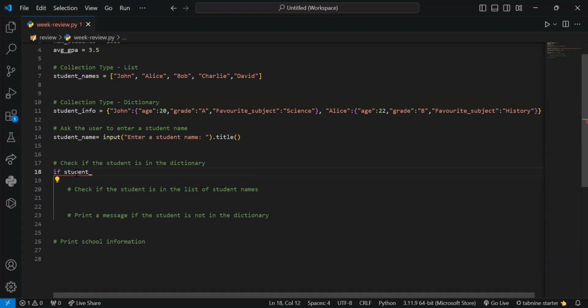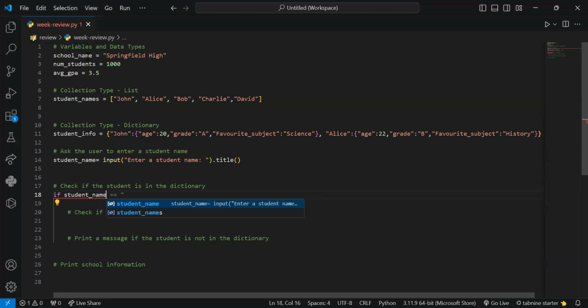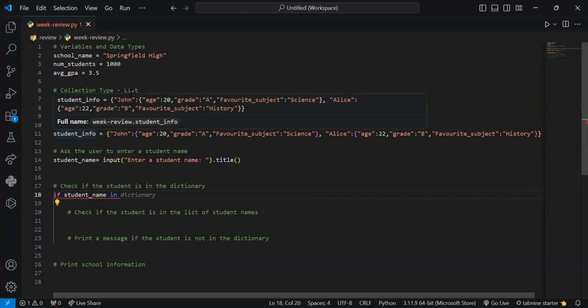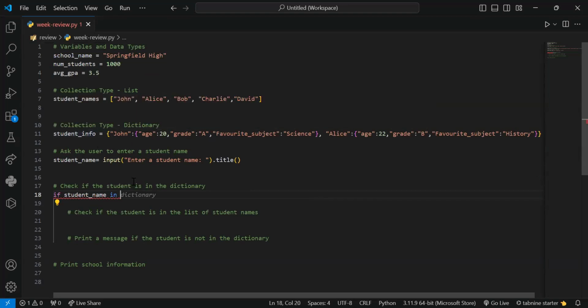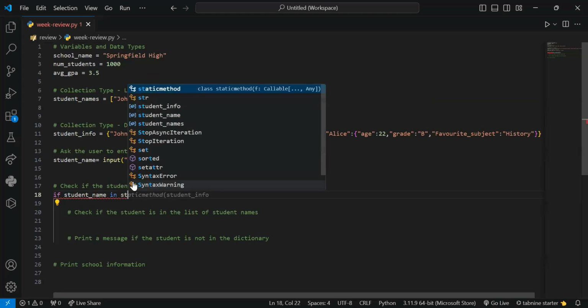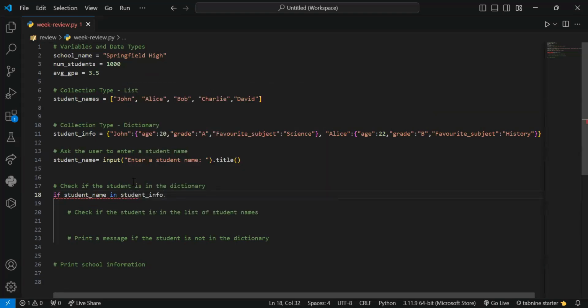So here I want to say if student name, since we will be looking for students and their information. Recall that we already had the inputs to store the student's name in this variable. So we want to check if the student's name is in our list of our student info. That's the dictionary. So I'm going to type the dictionary. So if the name is in the dictionary, which we've created,